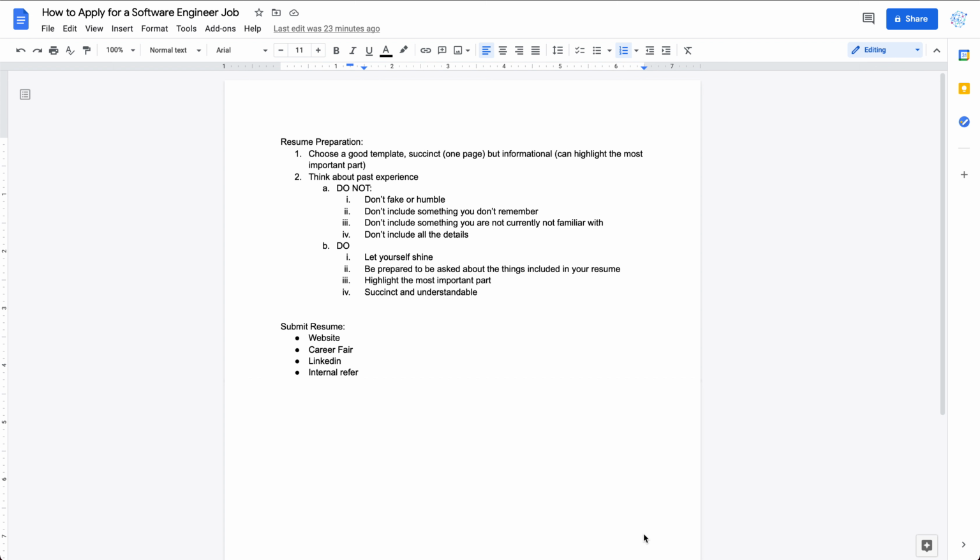After you have a good template chosen, the next thing is to take some time to review your past experience. There are definitely some things to take into consideration, what you want to include in your resume and what you don't want to include. First of all, please don't fake your resume. For example, if you have never worked at Microsoft, don't say you have worked there for 2 years,